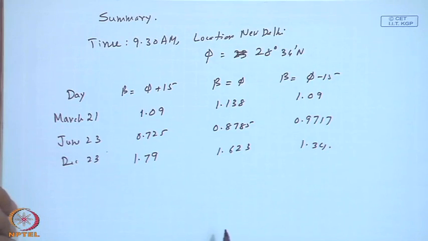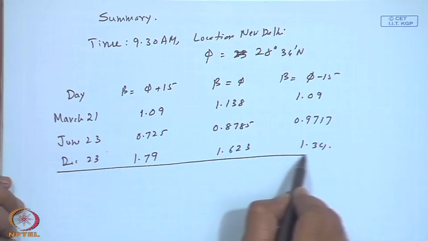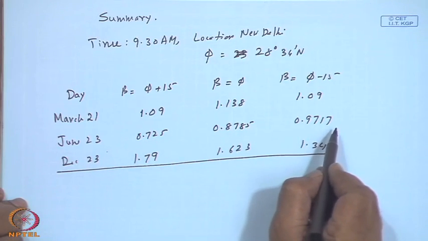What comes out distinctly is that the tilt factors for negative declination are higher than those values for positive